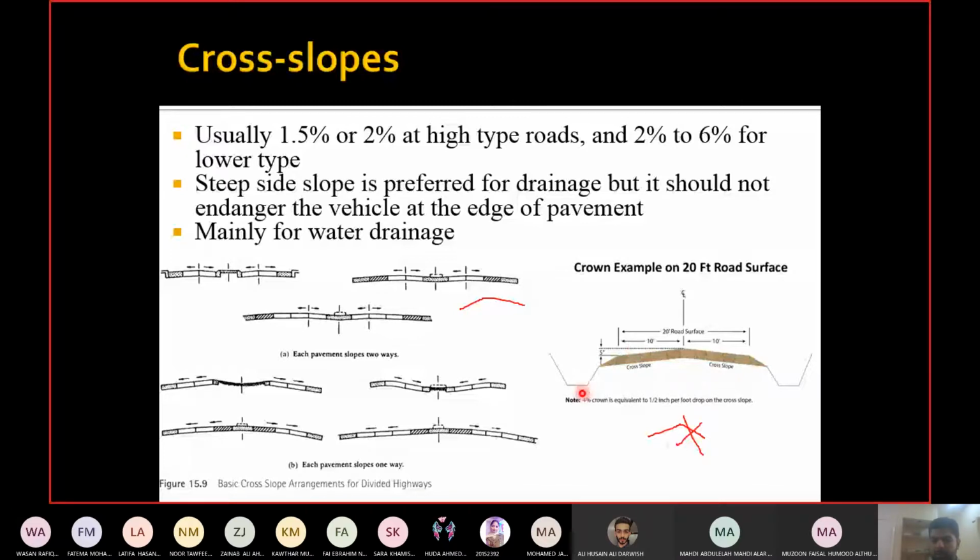And what is the purpose of giving the side slope? It is for the stability of the pavement structure, because pavement surfaces do not have columns and beams and foundations. They are resting on the pavement layers themselves. So if you make this a completely vertical surface, then there will be no support, right? So we make it sloping so that there will be support for the pavement structure. The main purpose of the side slope is to provide stability to the pavement surface, because if there is no side slope, then the pavement will collapse very soon under the load.